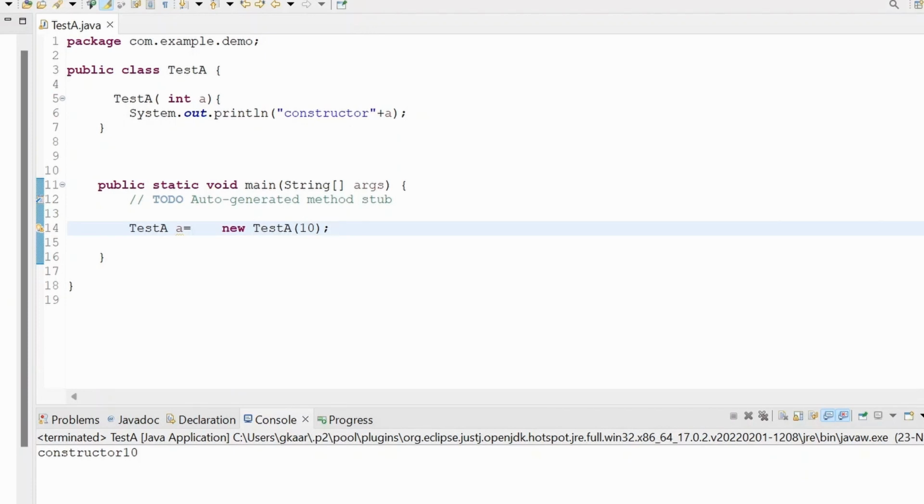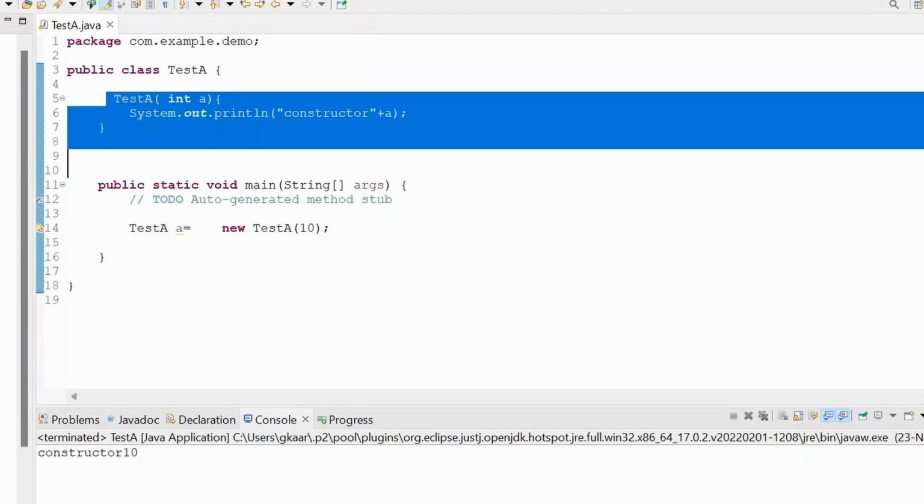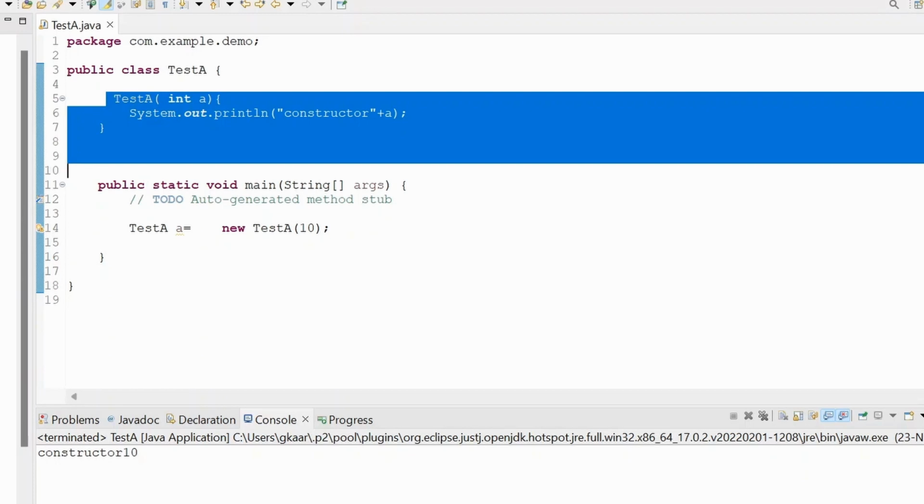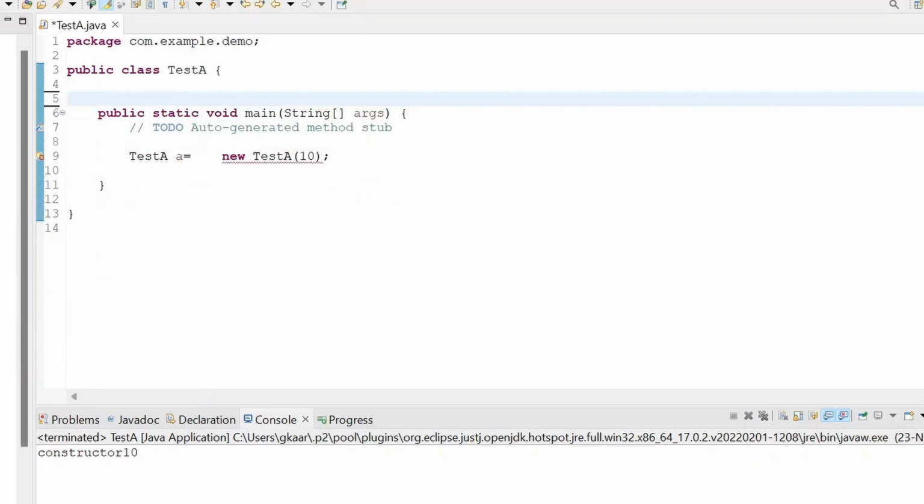This is going to become your parameterized constructor. If it doesn't carry any parameter in it, that's going to be your default constructor. In default, the sense is it is a non-parameterized constructor, and when you pass a parameter, it is a parameterized constructor. These are the two things. Now this is something that you have written, so that's why you call it an explicit constructor. You have written it, but if you don't write this code,